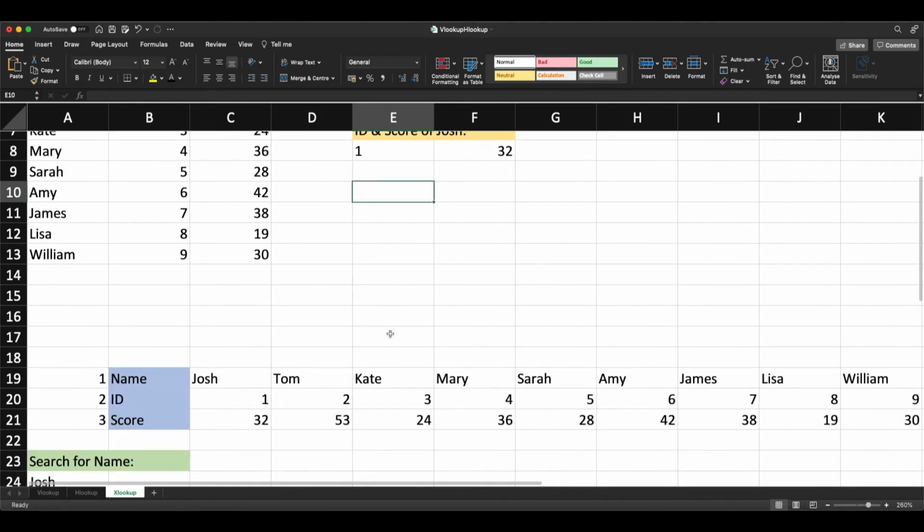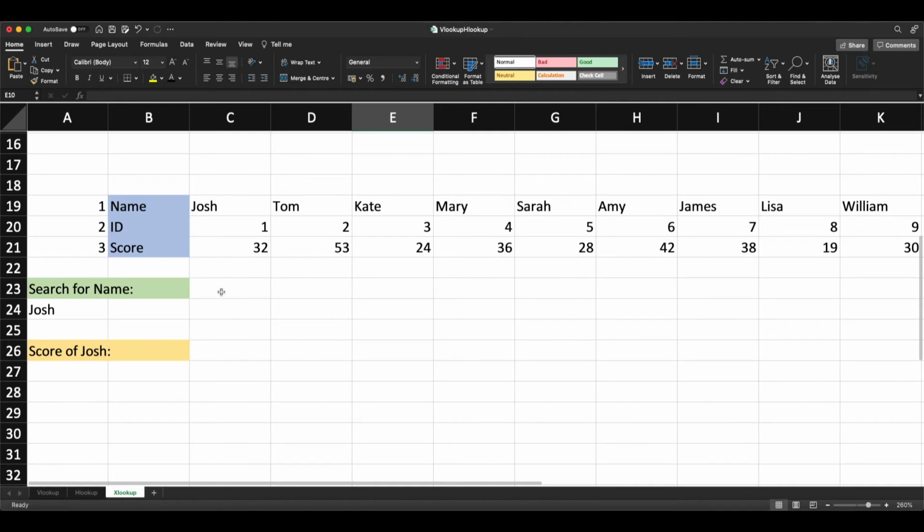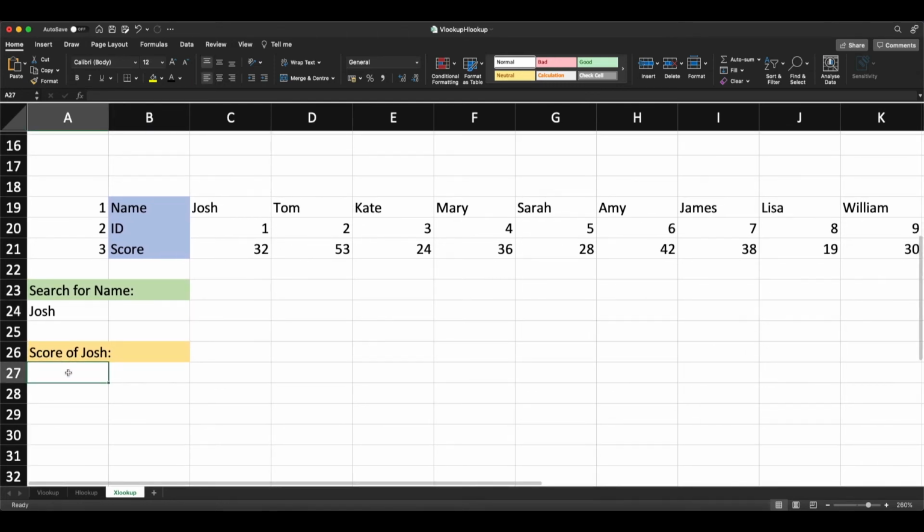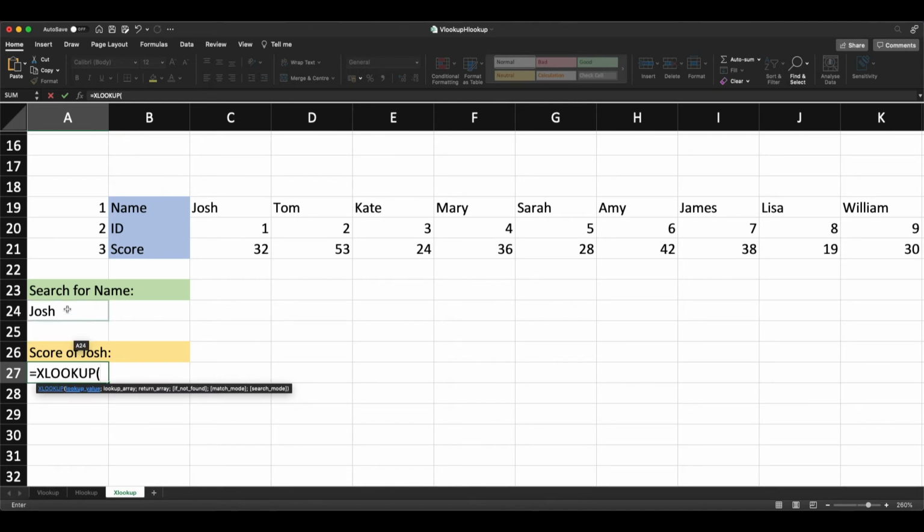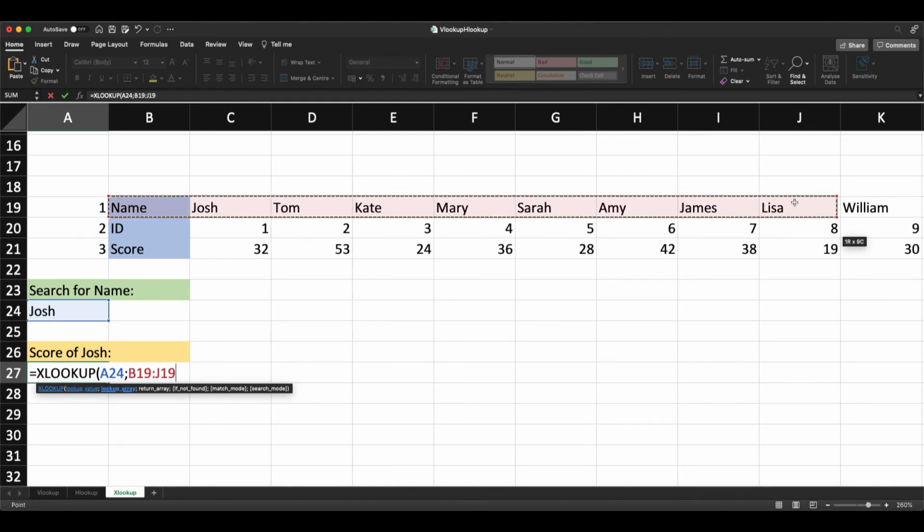The same thing can be done in the transposed table, exactly the same with the lookup function, and here we want to also use the XLOOKUP function with the lookup value of Josh, with the lookup array, which is now a row, and also the return array, which is the score, only the score,